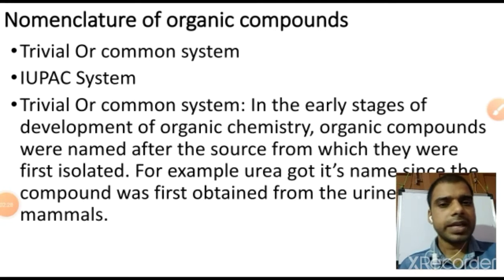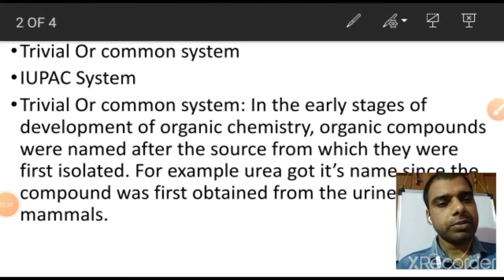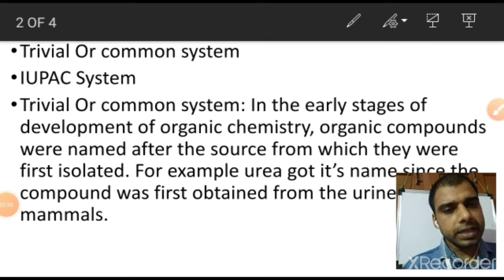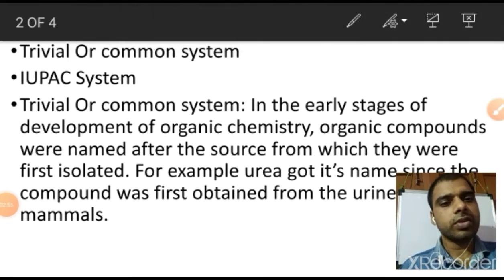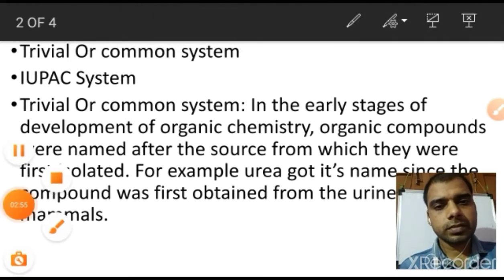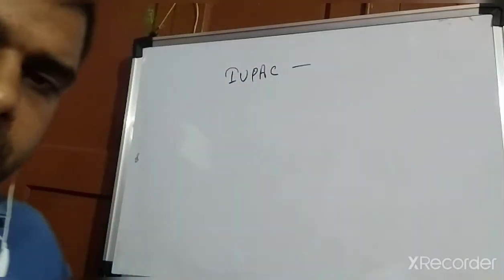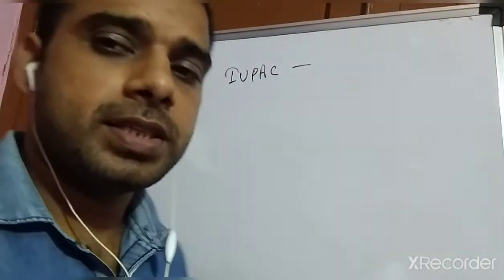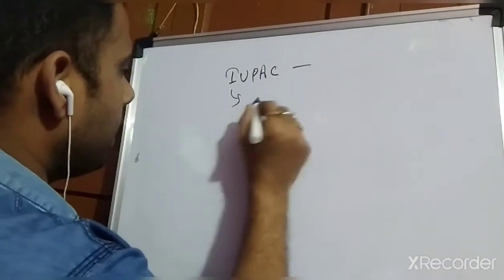Now the next one is the IUPAC system, and that I will teach you. If I write IUPAC system, the full form of it would be: I means international, U union, P pure and applied chemistry. This one would be the IUPAC system, and in detail we will do about that one. So in this video we will talk about the IUPAC system, as the full form I have told you already: International